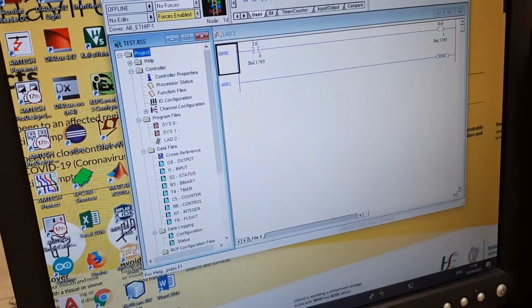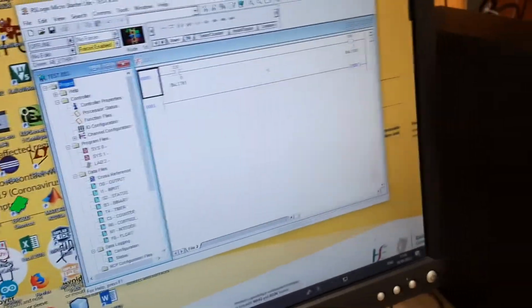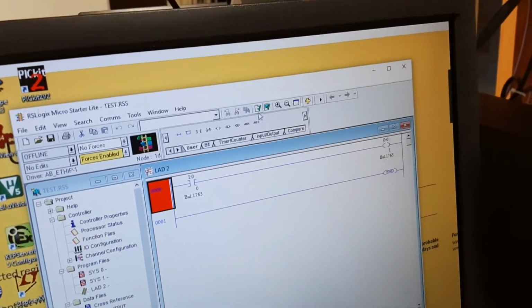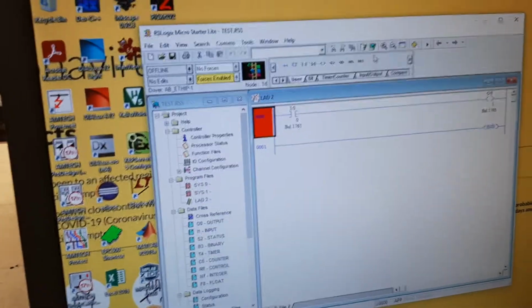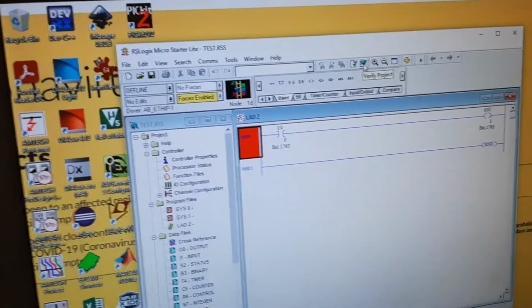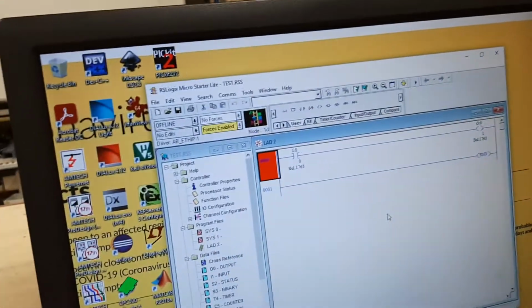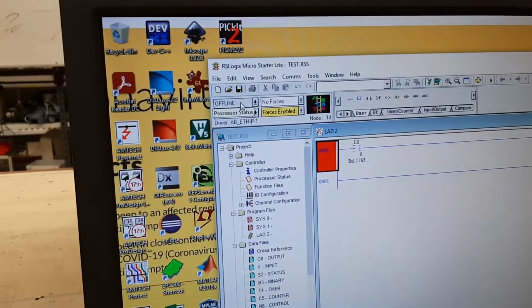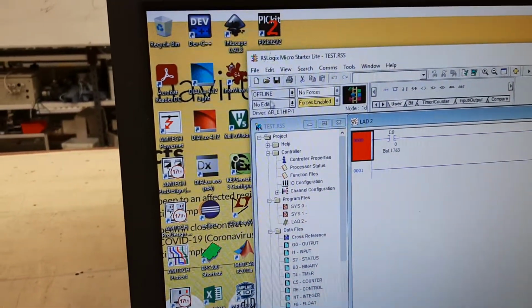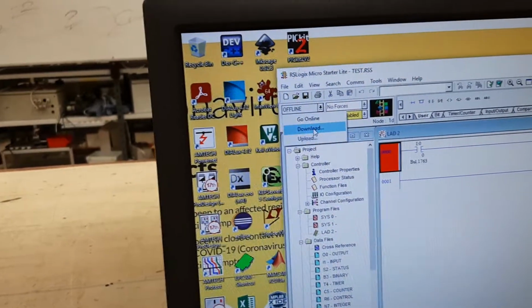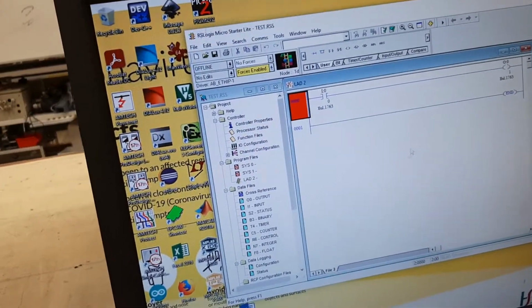For testing, I'm just going to test my small diagram here. This one is for verifying it. When you click on that, it verifies. And here, when it says no error found, your program is ready to be compiled or downloaded. There is another one here which verifies the project. And then again, when you see that there is no error found, you're ready to download that. At this corner, you see it says offline. That is the processor condition status. Now when you click on the download, you should be able to download your program on the